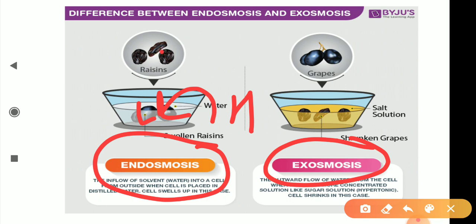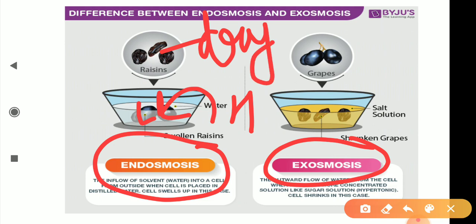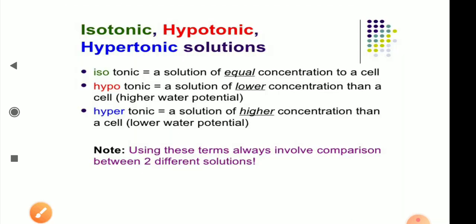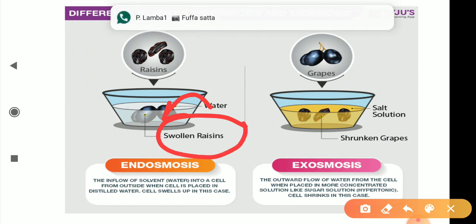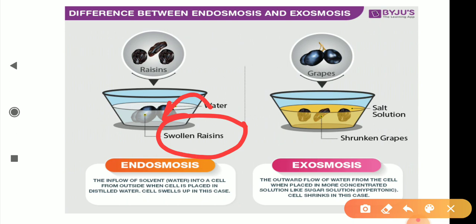Fine. As the raisins are dry, there is no water, we can say less water or dry. So when we put them in water, what would happen? At that time, they are going to take the water in because the water will start moving inside the cell, and they gain water, resulting in swollen raisins, a gain in shape. So when the water starts moving into the cell, it swells up, and if it is an animal cell, then it is going to burst.